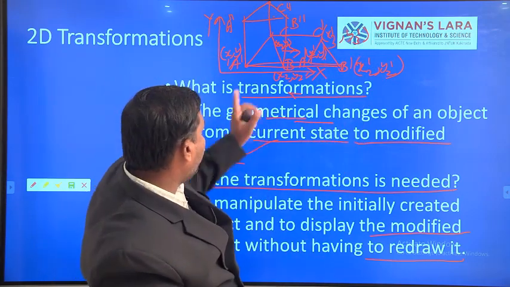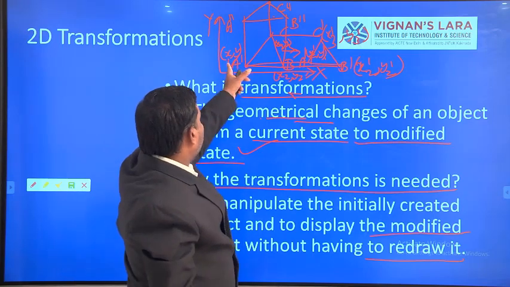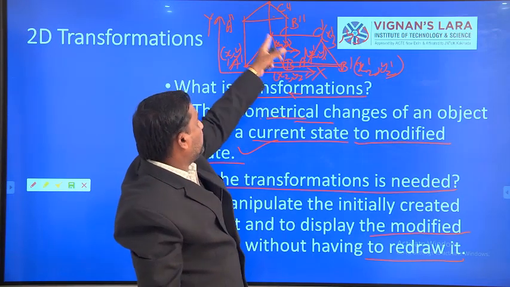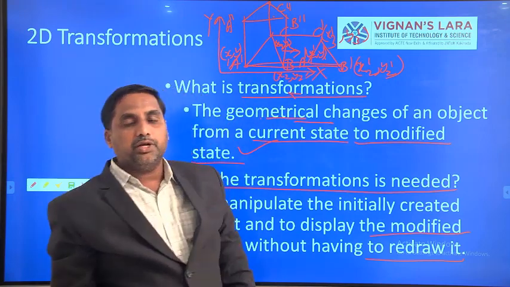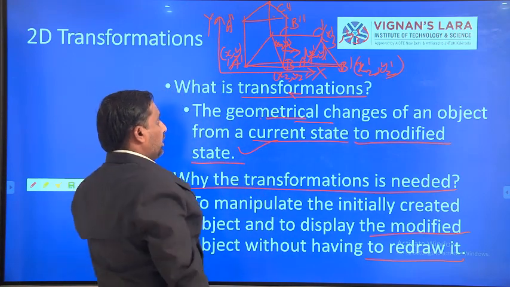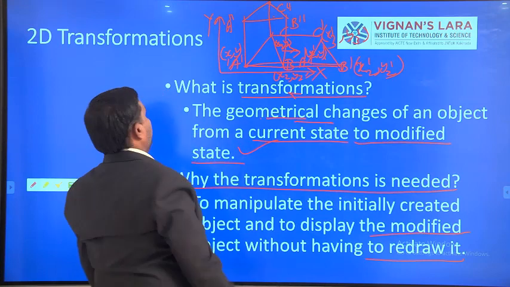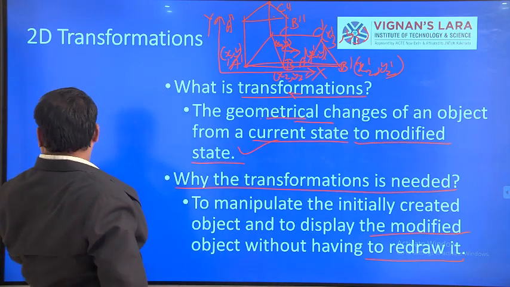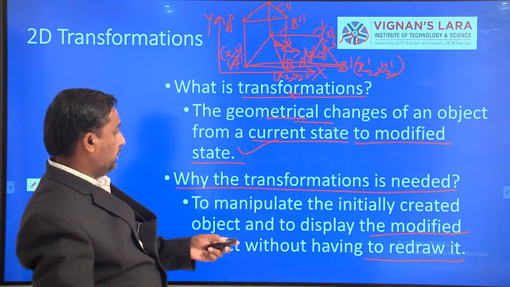Here, this is the translation along the y direction. Like this we will just modify the corner points or pivot points, and we will join those points with a line drawing algorithm so that we can get the triangle at the required location. Okay, right. So this is about the transformation definition and its meaning.